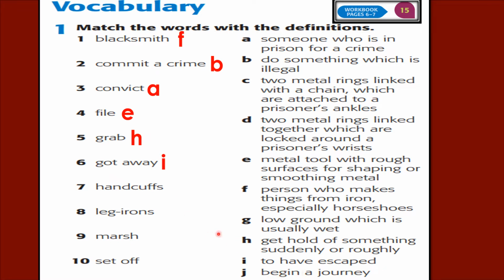To have escaped. Okay. Handcuffs is D, two metal rings linked together which are locked around